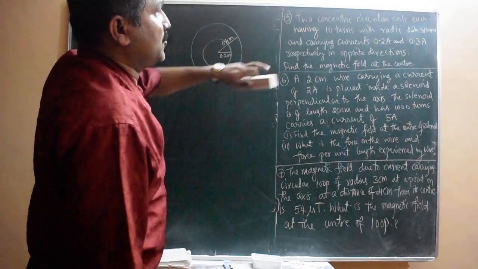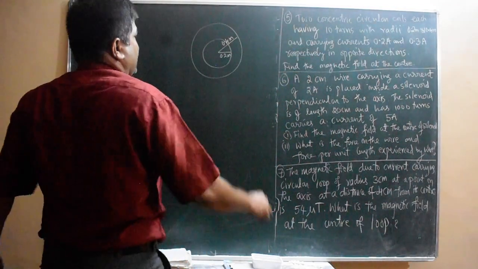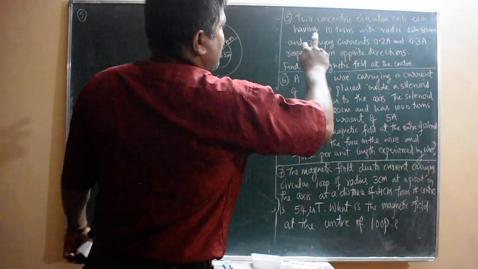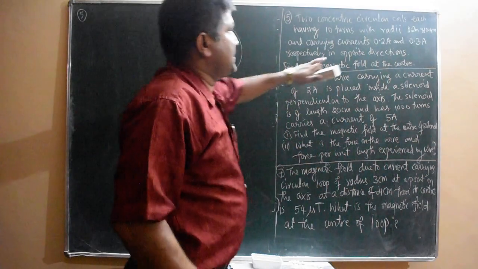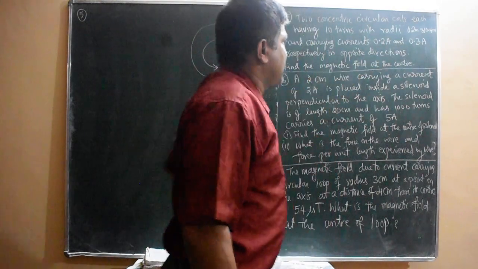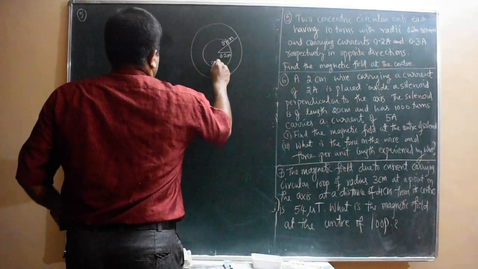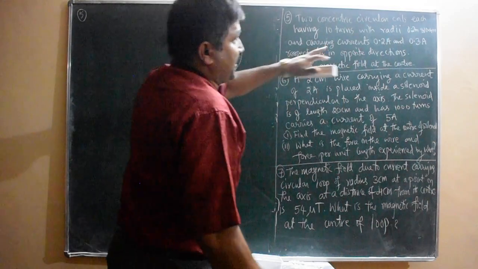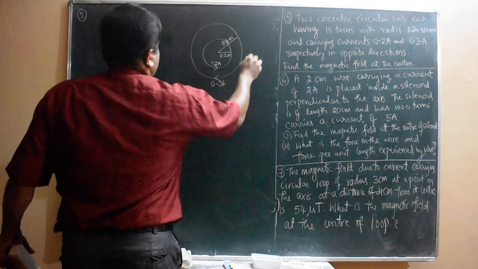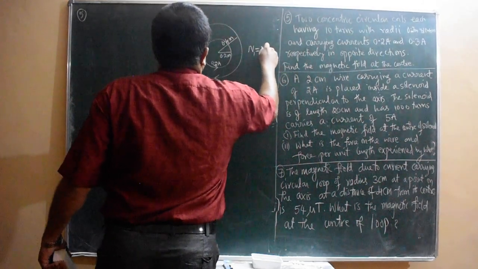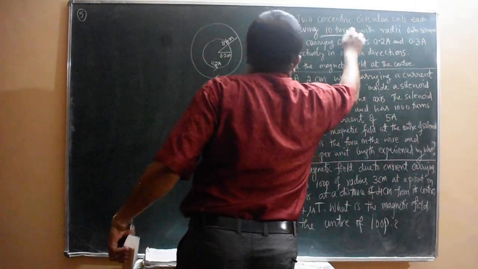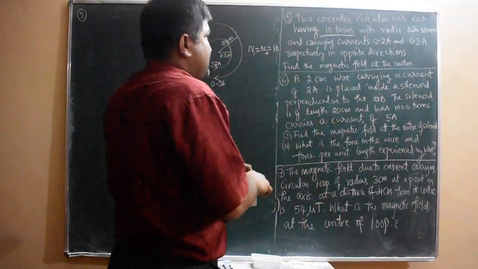Then next, currents are in opposite directions. One current like this, another current this way. How much current is there? 0.2 ampere and 0.3 ampere respectively. Whenever it says respectively, for 0.2 meter radius, you have to take 0.2 ampere current. So this one is 0.2 ampere. And in the other coil the current is 0.3 ampere, and the number of turns n1 equal to n2 equal to how much? Each having 10 turns, so the n value for both coils is 10.